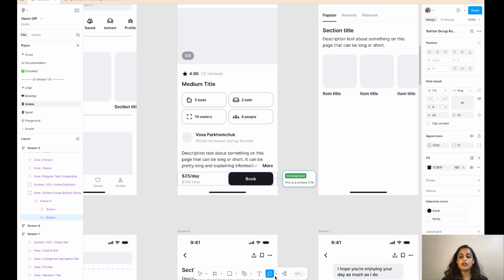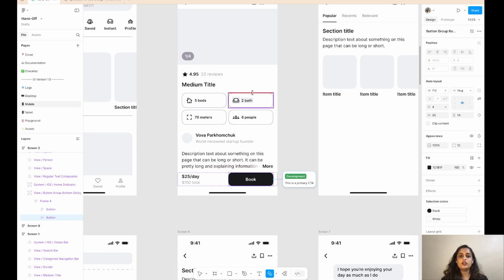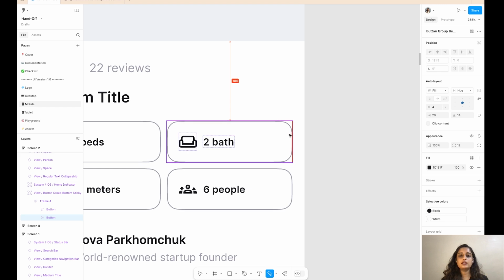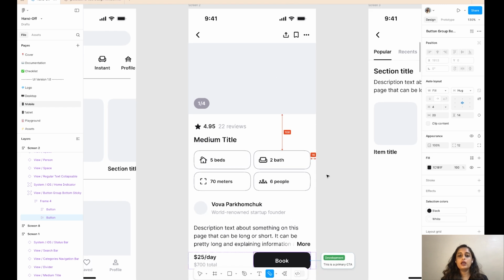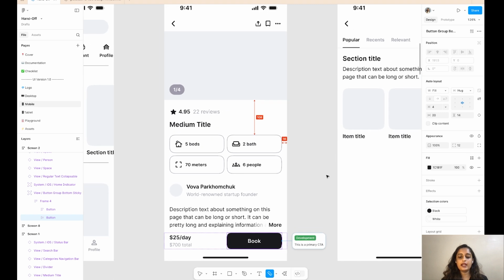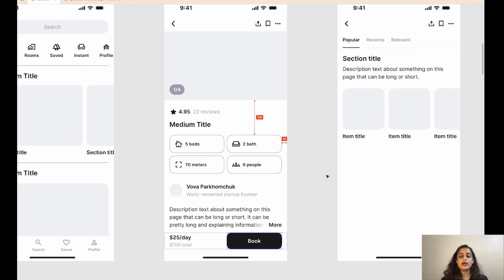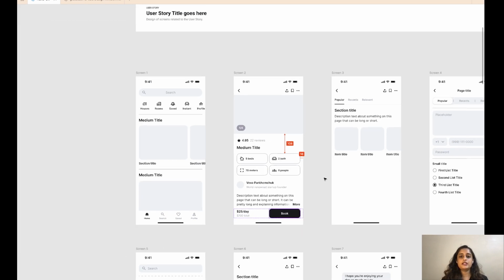Another feature that I really liked is the measurement feature. You can just click on any particular element and drag it to the next element, and you can measure the distance or the length between that element and the edge. So adding these kind of annotations really helps developers to understand in very few words and not having to reach back to you. They can just navigate through your design file and understand what are the specs or specifications of your document.